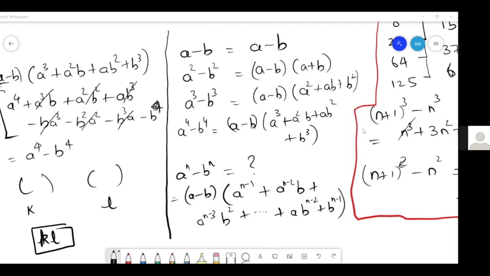see what we are getting. Observe A cube minus B cube. We are getting 3 terms in the second bracket. Observe A raised to 4 minus B raised to 4. We are getting 4 terms in the second bracket. Are you getting my point? The observation? 4 terms in the second bracket, 5 terms in the second bracket. So when you open these brackets, is there any connection with KL terms he said? No, so we'll get 10, 8, 6 that way. You're right. Then we will always get an even set of terms. That's what I said, na?